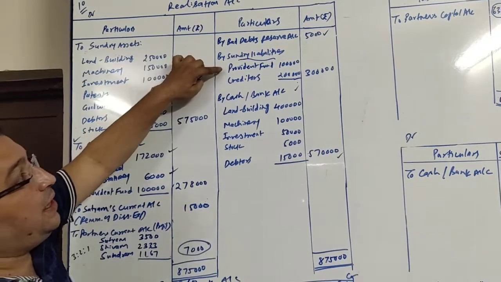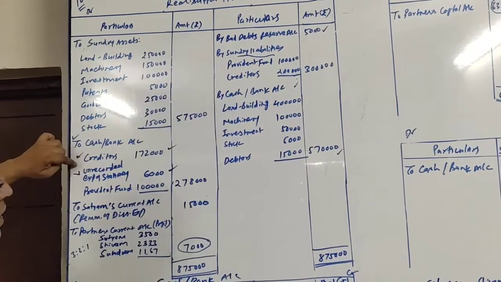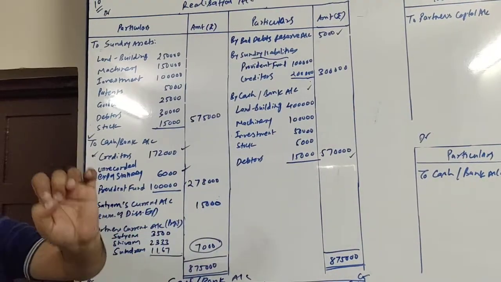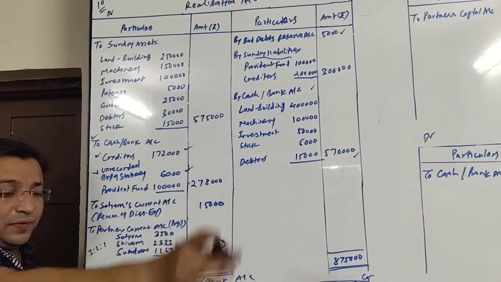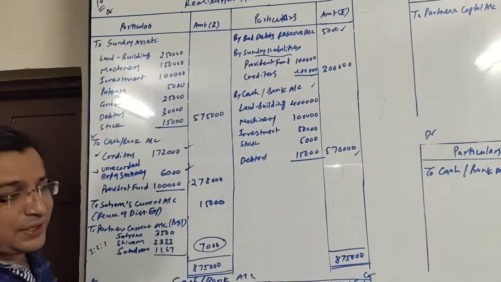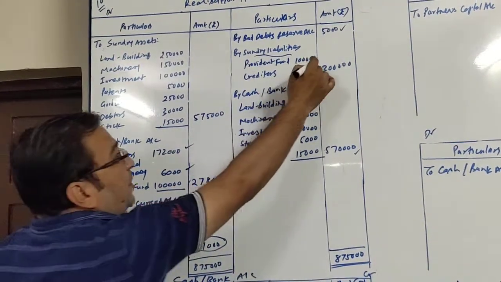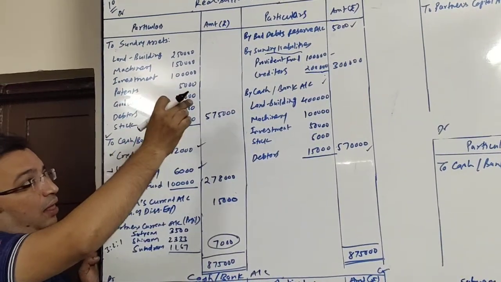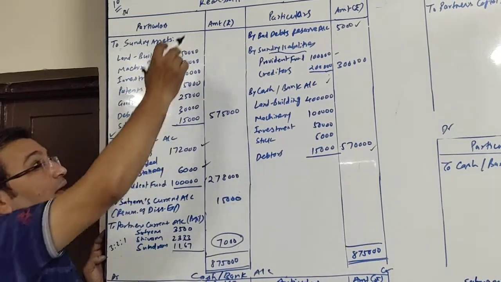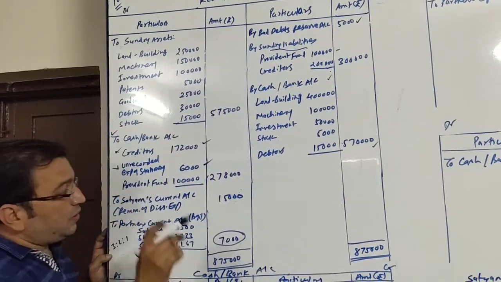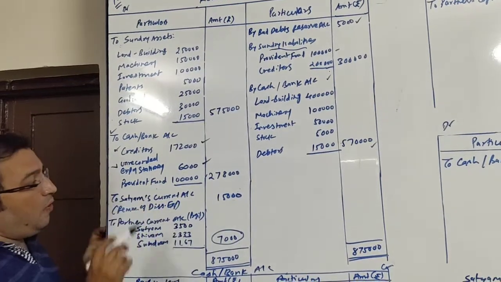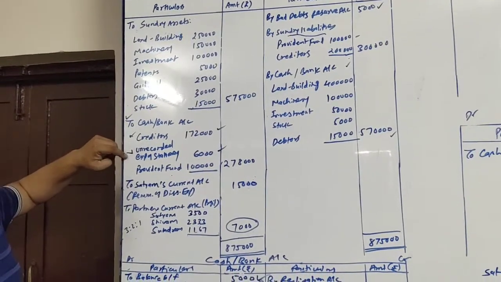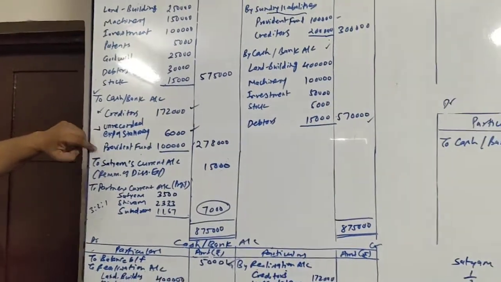Let us talk about liabilities. Creditors we have already paid, but the provident fund of 1 lakh rupees is left, which we need to pay. For that no adjustment or information is given. That means it will be paid off at book value. At what price? At book value. So to pay this provident fund, the entry will be realization account debit to cash account. So here it is written provident fund. Now I have clubbed all three amounts: creditors, unrecorded expense of stationery, and provident fund.